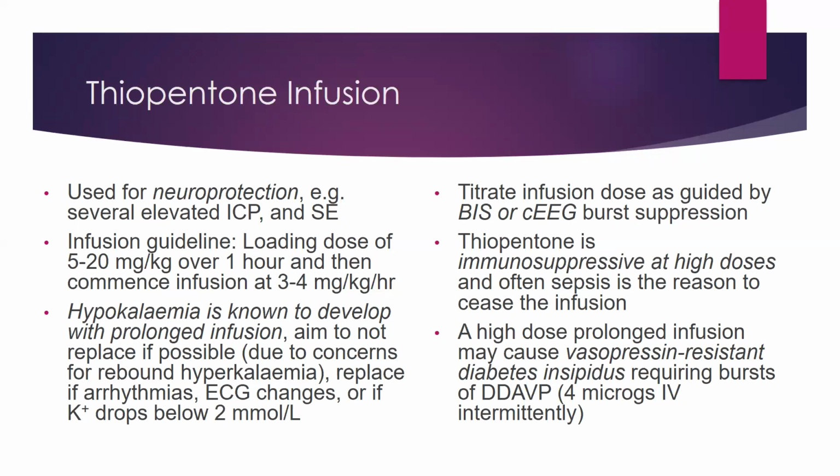You want to give a loading dose of 5 to 20 milligram per kg over 1 hour, and then an infusion at a rate of 3 to 4 milligram per kg per hour. You want to titrate your infusion dose as guided by your bispectral index,